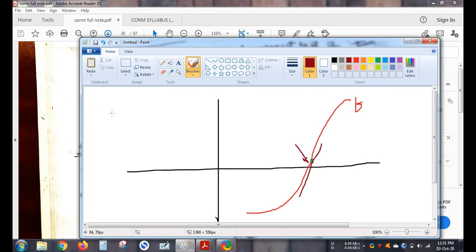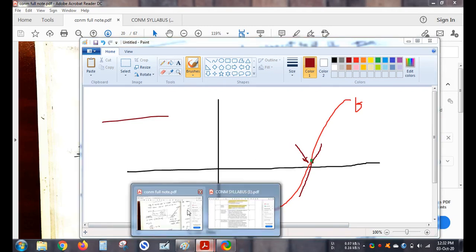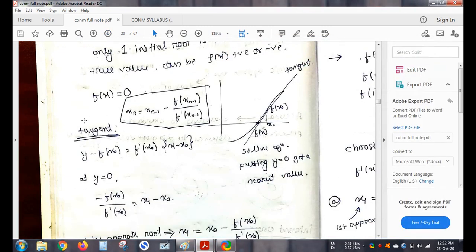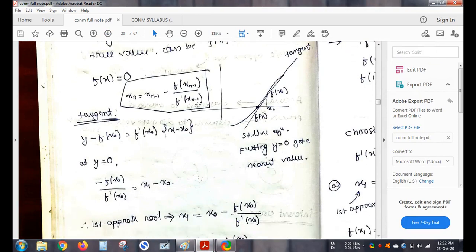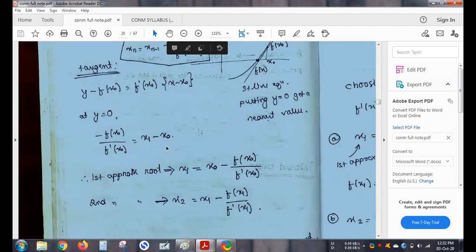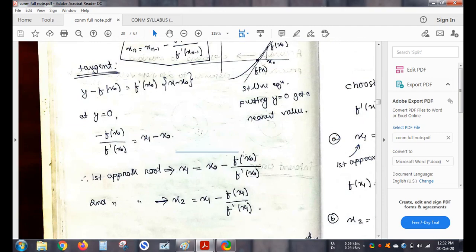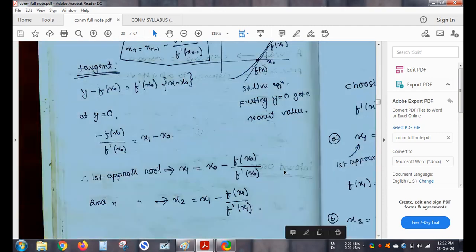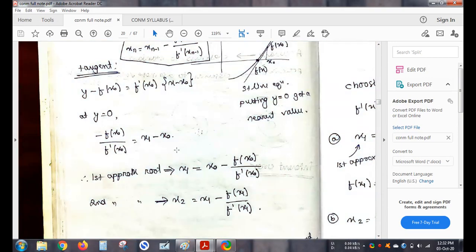In the regular false position method, I used the equation of a straight line. In Newton-Raphson method, I will be using the concept of tangent. There is a derivation to find the equation. Ultimately, this is the basic equation. You will find the derivation in any book. If you cannot find it, you need a video on that, I can provide you with that video. But as for now, let's focus on how to solve it. So this is the final formula.